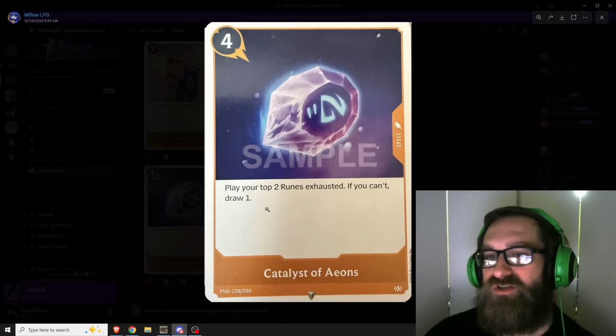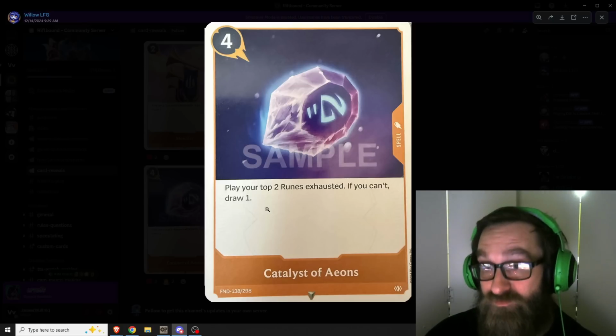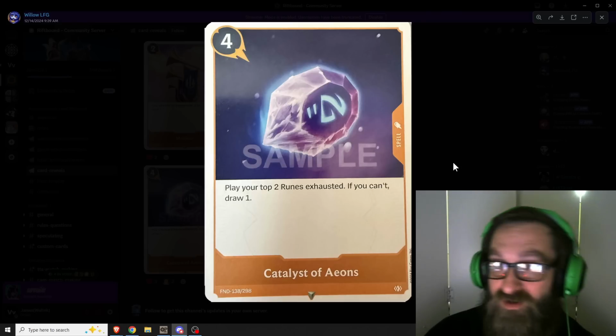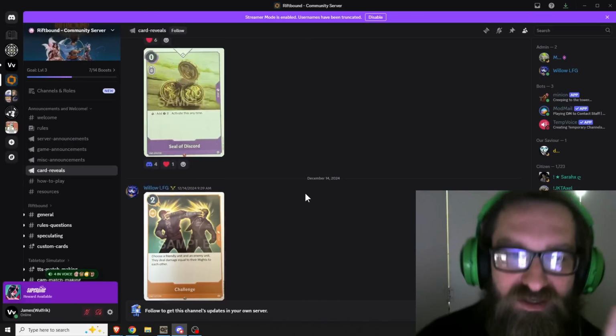Play your top 2 runes exhausted if you can't draw 1. So either in the beginning of the game, you're ramping your resources here, I think, if runes are resources. And then if you can't do that, you can at least draw a card. Very nice. And one more thing I do want to mention with these cards is notice...